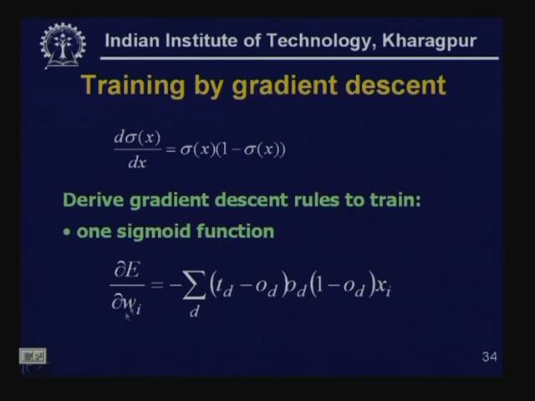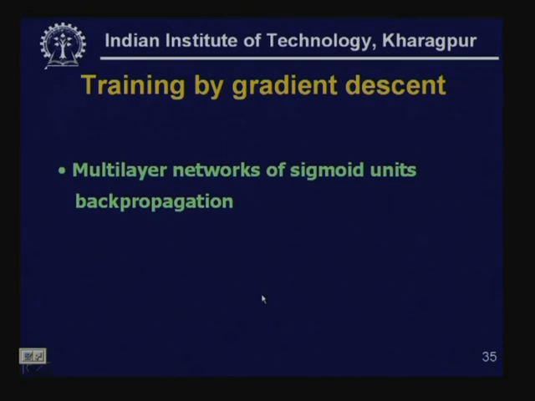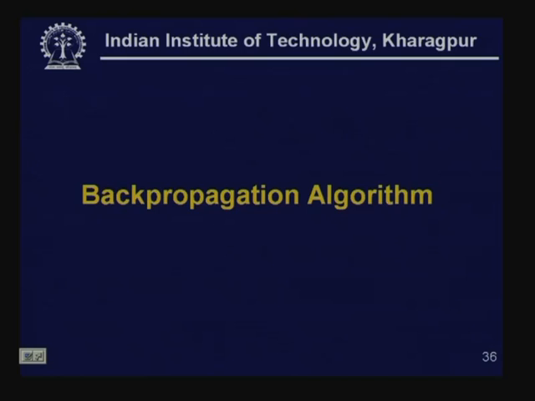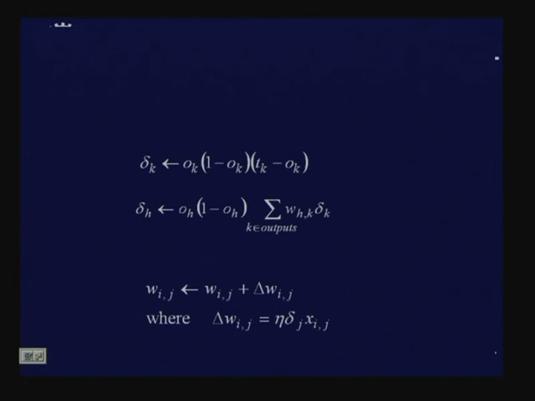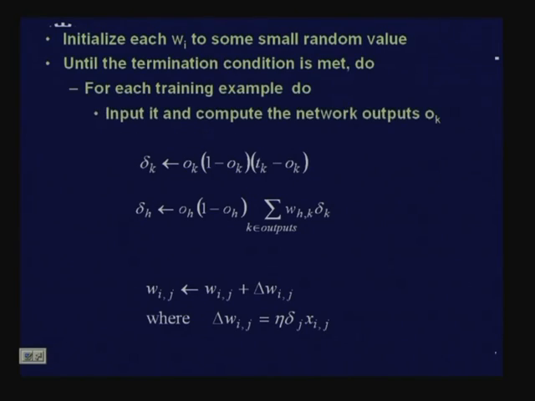Now, we have seen that we have been able to derive the gradient descent rule for one sigmoid function, and we have seen that del E by del Wi is minus of sigma over d Td minus Od into Od into 1 minus Od into Xi. Now, what if we have multiple layers of sigmoid units? If we have multiple layers, we will use a technique which we call back propagation. Now, we will give the back propagation algorithm, but